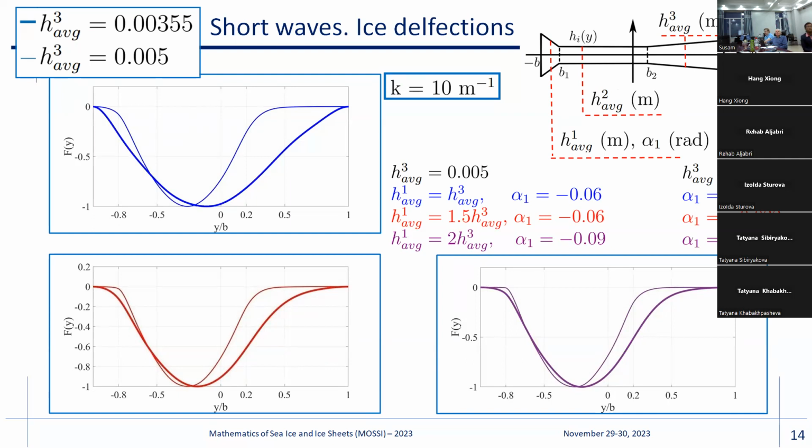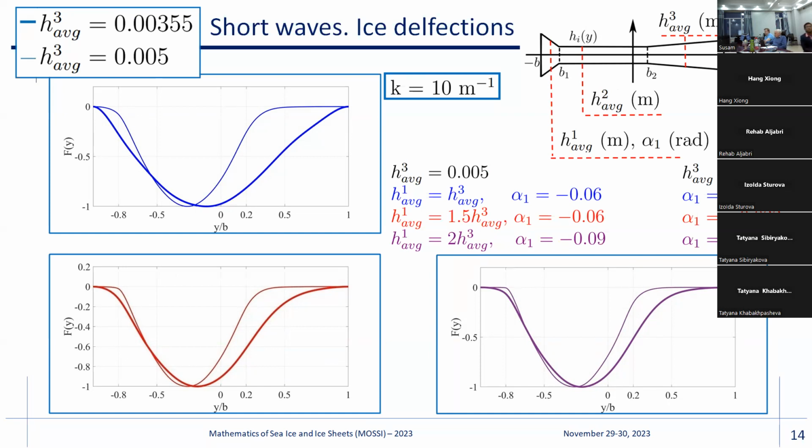Calculations were performed for all 3 cases and for 2 subcases with a large change in ice thickness. These results are shown by thin line, and a small change in ice thickness. These results are shown by thick line. And we can see for short waves that for all cases there is a shift of maximum amplitudes towards the center of a middle segment where ice becomes thinner,